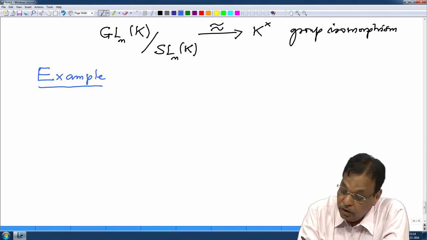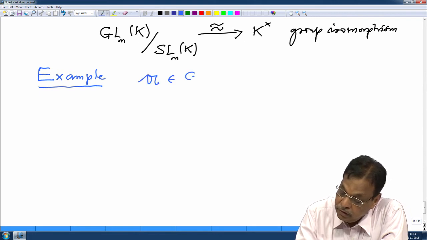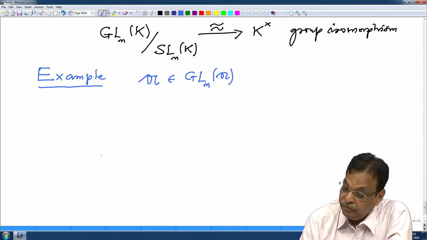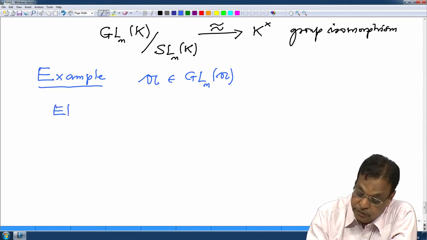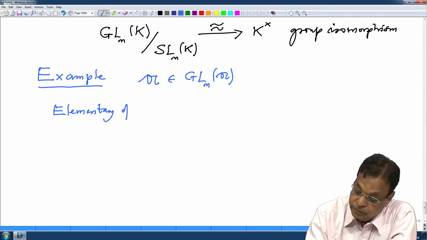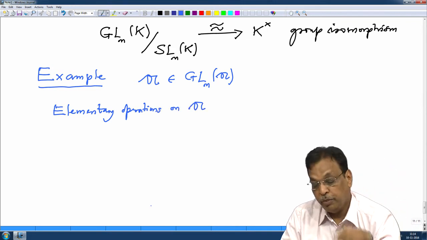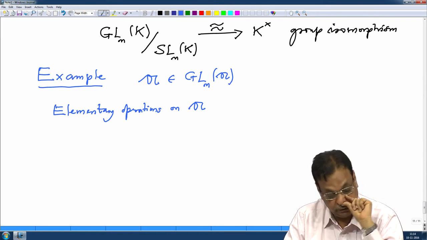So remember, if you are given an invertible matrix A over a field, we have, by using elementary operations on A, where elementary operation means row, column and all those operations,